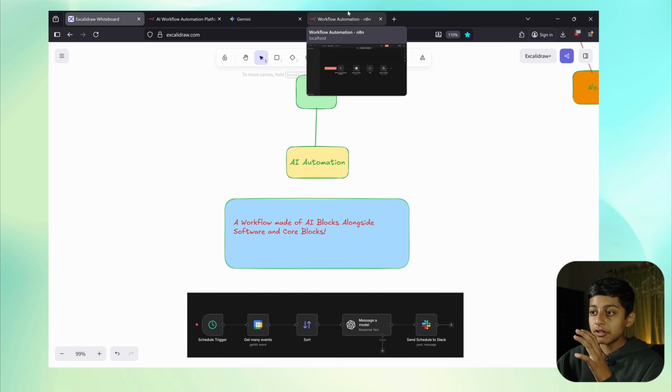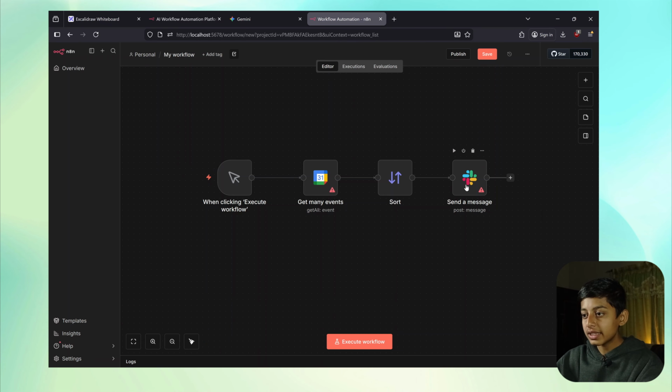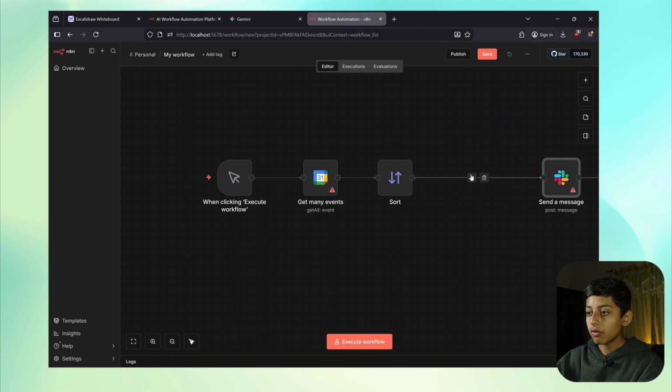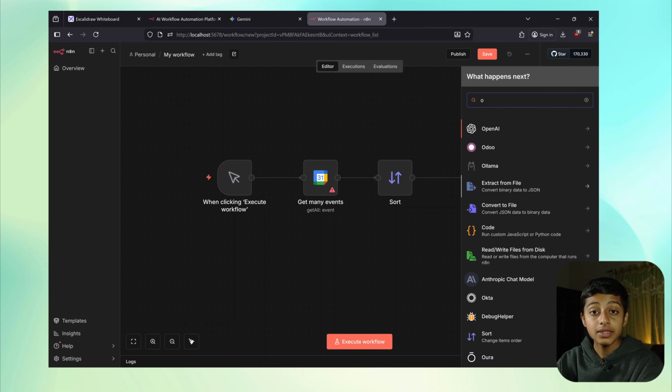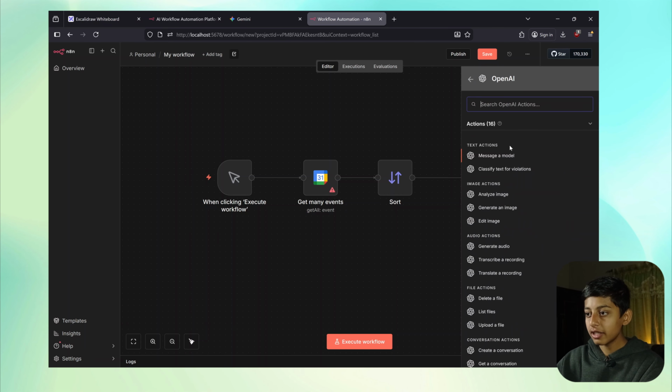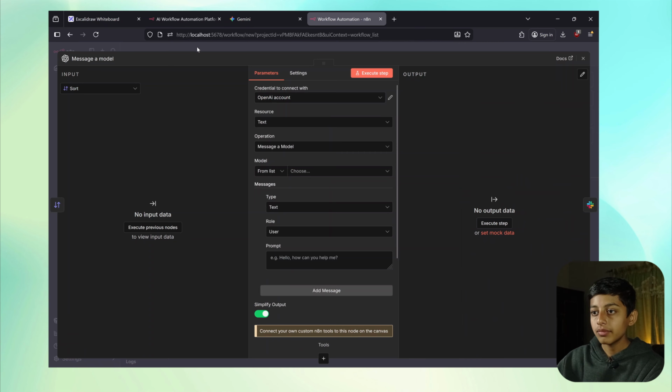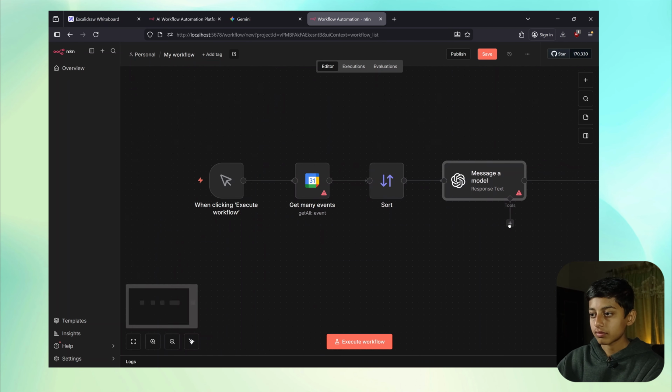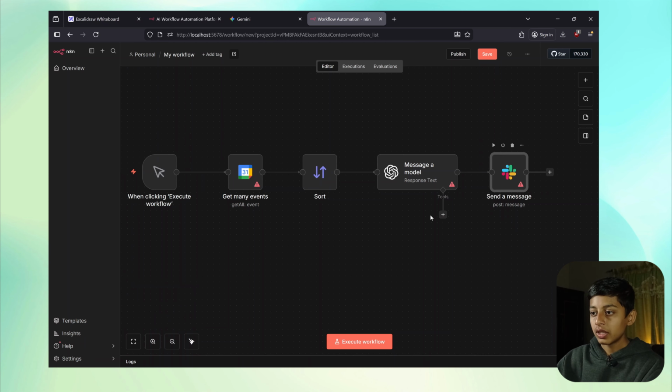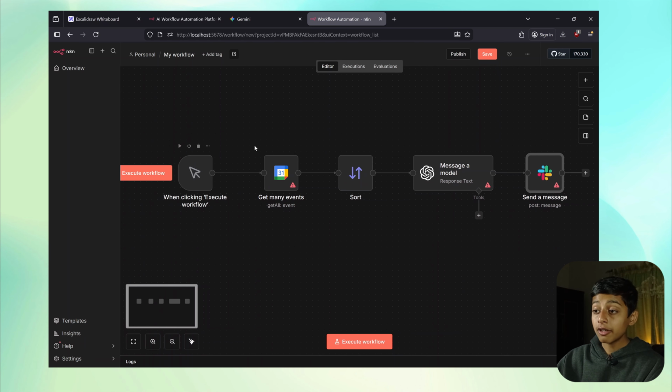So if we go back to our exemplar workflow, we can just add another node, which is OpenAI, ChatGPT's node, and it would be called OpenAI Messenger Model. Now our data will first go into ChatGPT and then we will send our message to our Slack team.